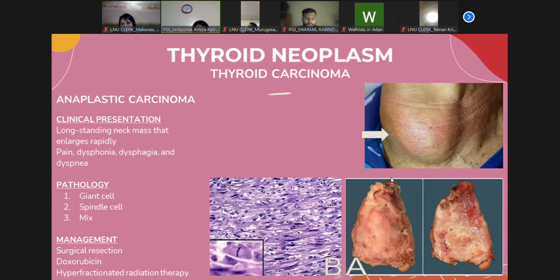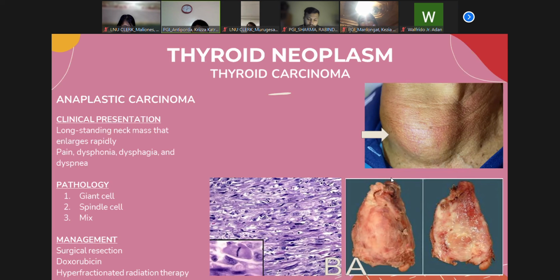The next one is the anaplastic carcinoma. The characteristic of this anaplastic carcinoma is that it is one of the most fatal malignancies. The patient has a survival of 6 to 12 months. Typically the patient presents with a long-standing neck mass. The classic presentation is that it enlarges rapidly. This sudden change is often accompanied by pain, dysphonia, dysphagia, and dyspnea. Often the mass is quite large and fixed to the tracheolaryngeal framework, resulting in vocal cord paralysis and tracheal